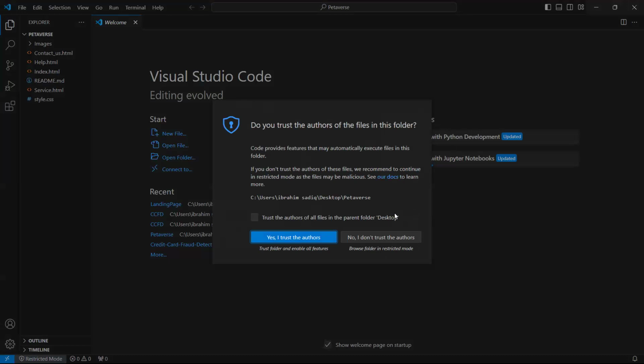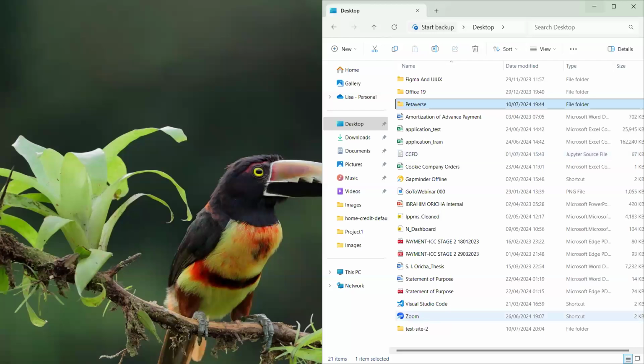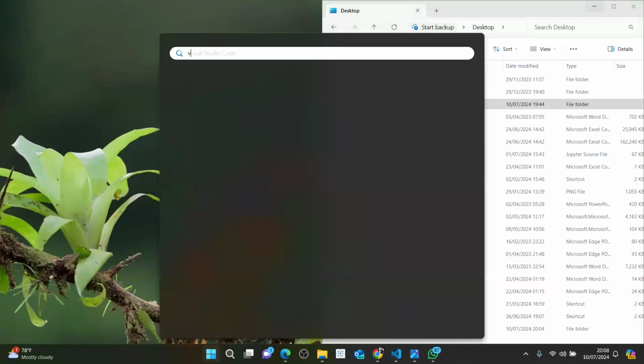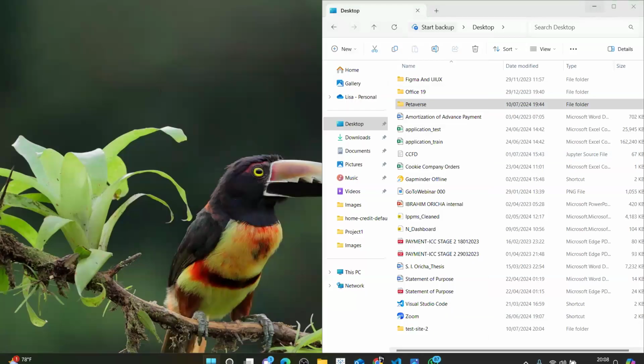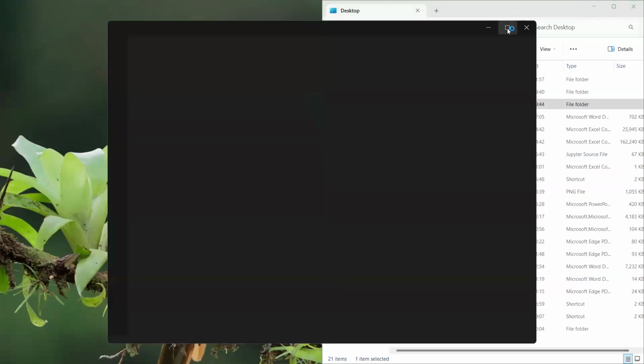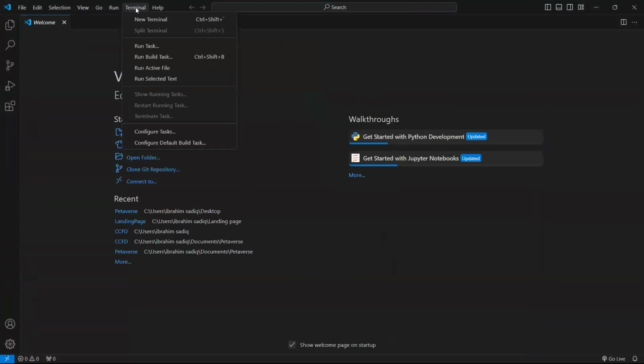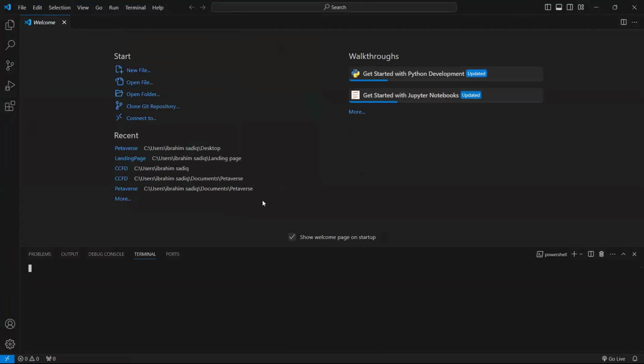Okay, so let's close this one now. Let's go to your desktop from the terminal. Open another instance of VS Code. So we go to the terminal from there. Sorry for that. No problem. So open your terminal from here. Okay. So navigate to your desktop. But please change from PowerShell to Git Bash.